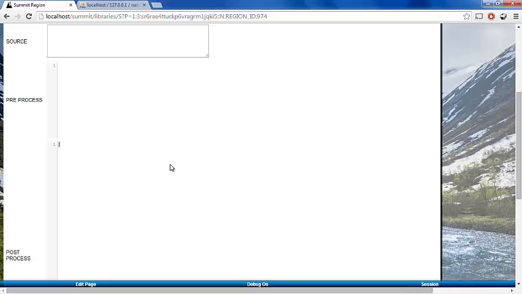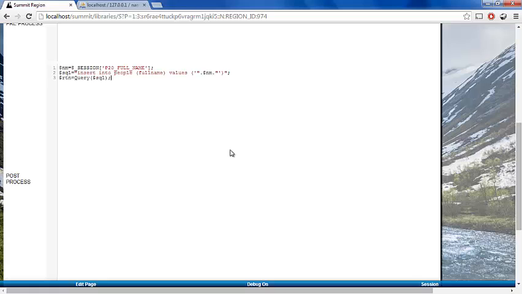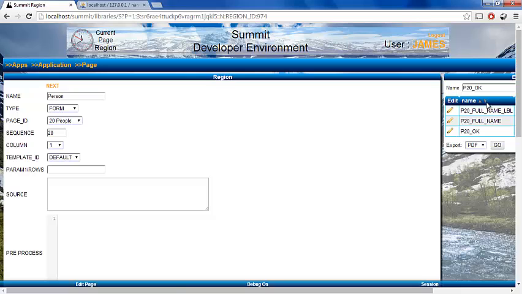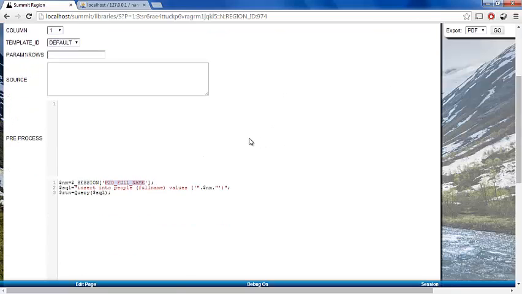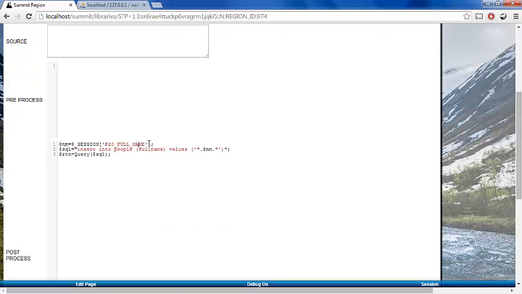So if I click on it, it expands out the box so we can type stuff in, and I have a snippet of code here. What I have is the session is where all the values that are currently in your session are stored, and each value has a key-value pair name, and the key to the field that we are using to store the name on the screen is there. So that's going to take that value that we type in the screen and stick it in a little variable called nm